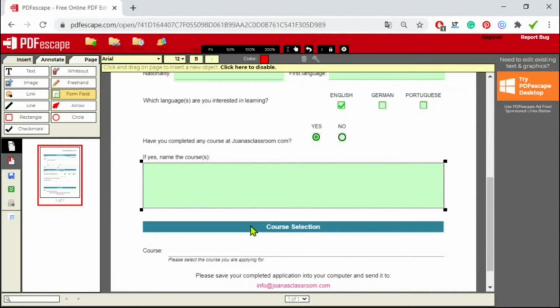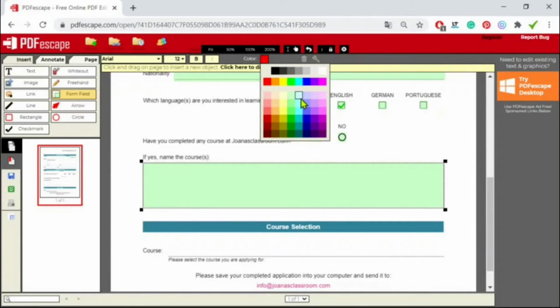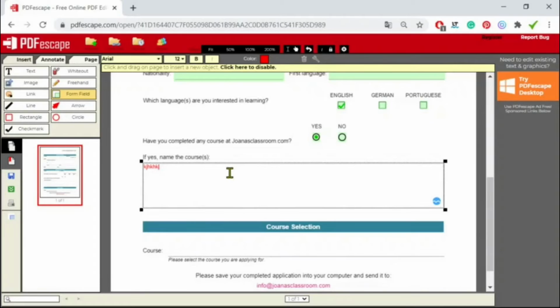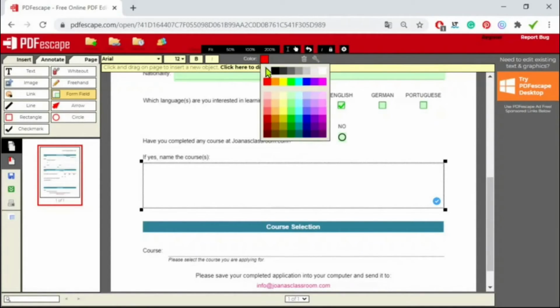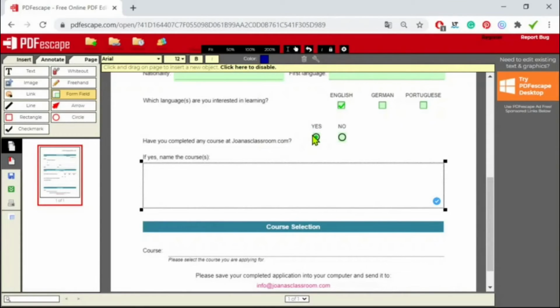I'm just going to check the text format, and I'm okay with the font, with the size. This one too. I'm not okay with the color though, so I have to go back to my blue. Otherwise, as you can see, it saves the last color you have here, so I do not want red for this box. I want to go back to the second blue that I had chosen before. Let me check if it is working. Yeah, this is good.